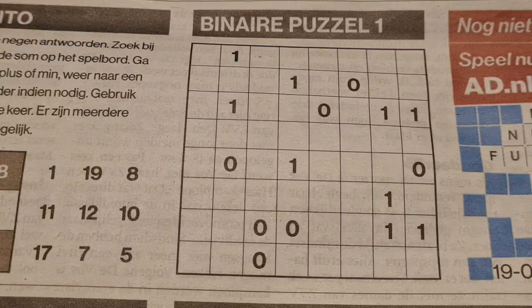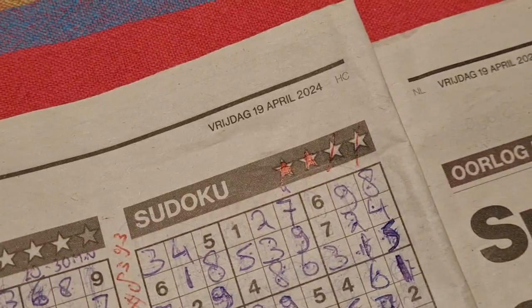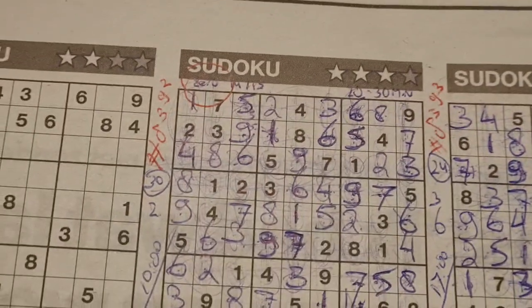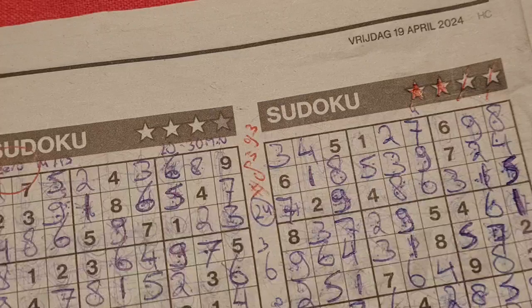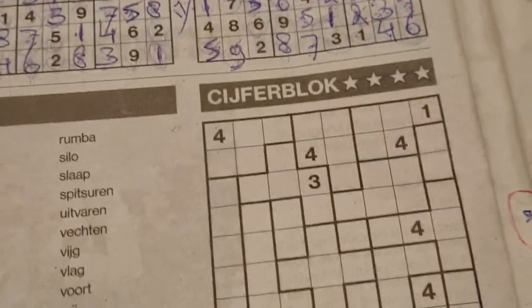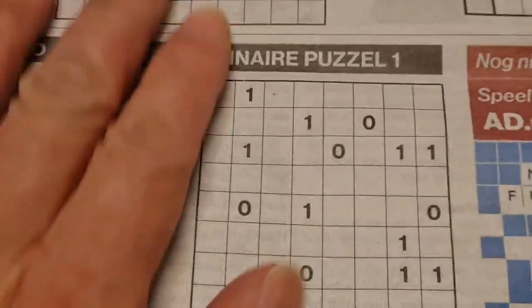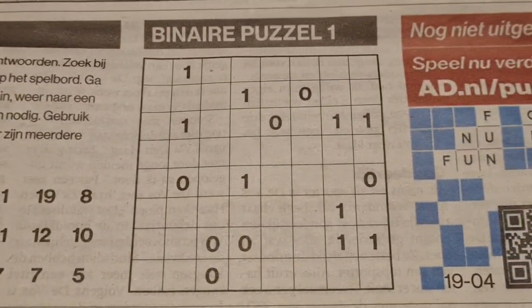Welcome back with the third puzzle. The third puzzle in this additional of today's newspaper on Friday, April the 19th, 2024. I've already solved two puzzles, the 3 stars and the 4 star Sudoku. Two puzzles remain, the jigsaw Sudoku with 10 printed digits. But you are interested in this one, the binary puzzle number